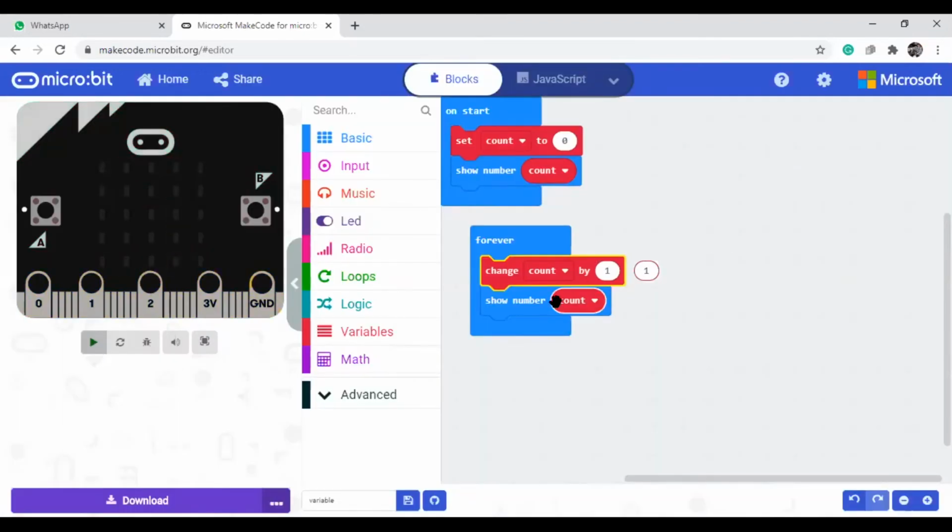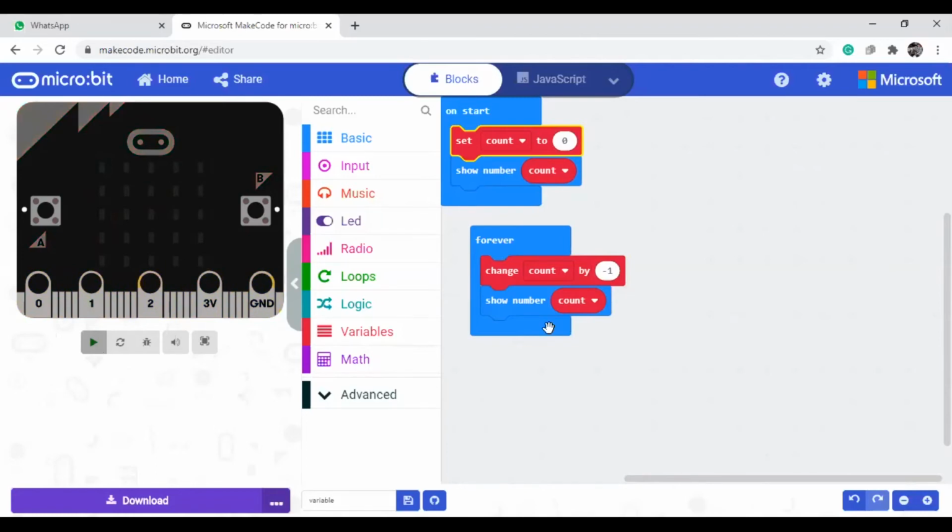We will do one thing. What are the other operations we can do? We can decrement also, -1. If I keep the -1, see, I will just show you. Now the starting value is 0. Now it is turning to -1, -2, -3, -4. It is going like that.